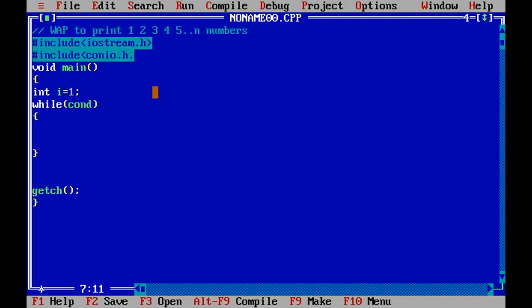Then comes the condition. Instead of condition, I will write i. Value of i is 1 here. In comments, I will write 1. Okay, I will write like this: while i is less than